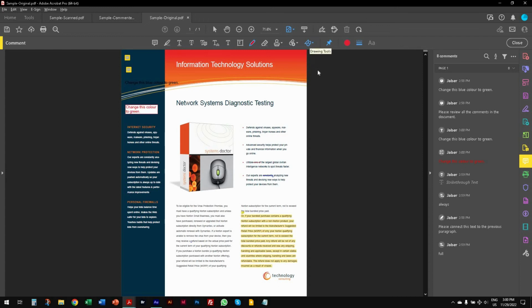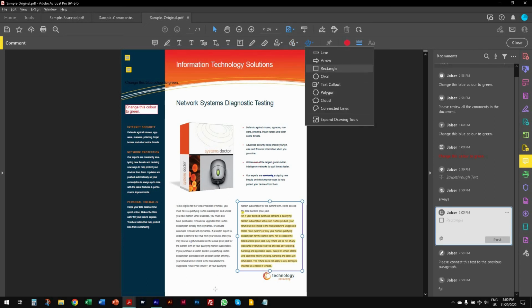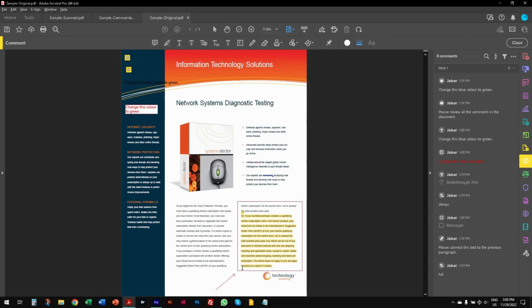The Drawing tool, along with the Shapes tools, which can be seen here and here, are used to make notes by hand or insert shapes. I don't see much use for these personally, except if you really want to emphasize something like drawing a rectangle or circle around a paragraph so that the reviewer takes notice of it. Again, if you use the previous tools properly, you won't find much use for these.